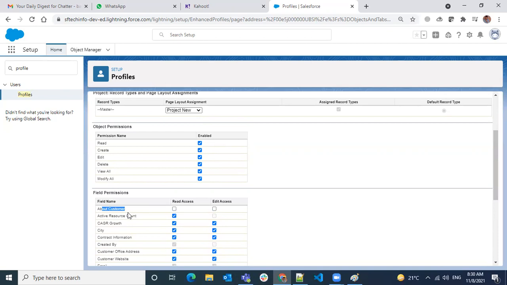So you have to give read access to the specific profile user, then only, even if it is on the page layout, can you access it. If you have at least read, and if you have edit, then only they will appear on the edit page. If it's a formula or roll-up summary, you cannot give edit access and they will not show in the edit page.